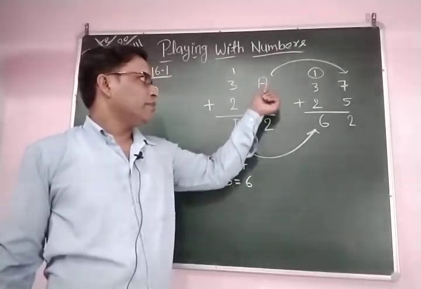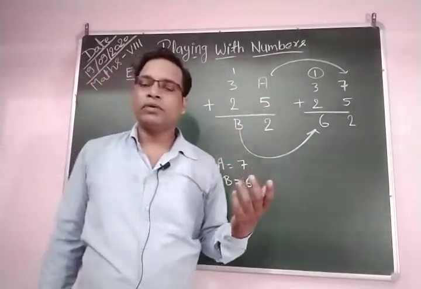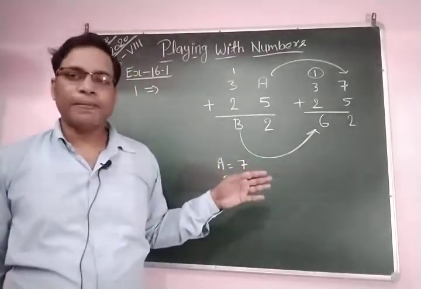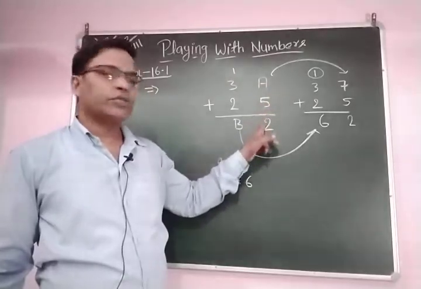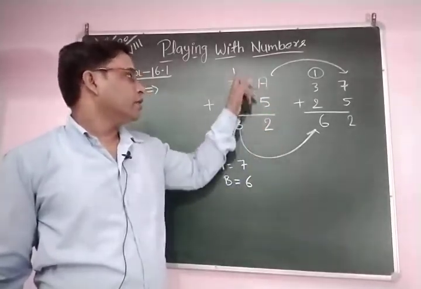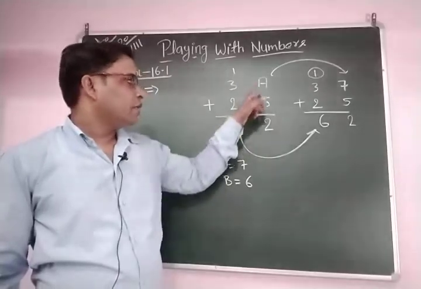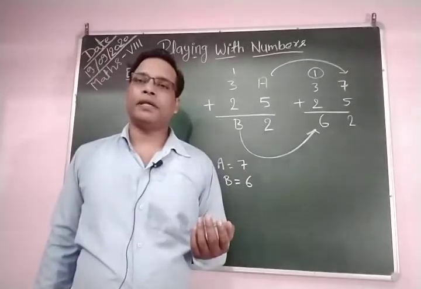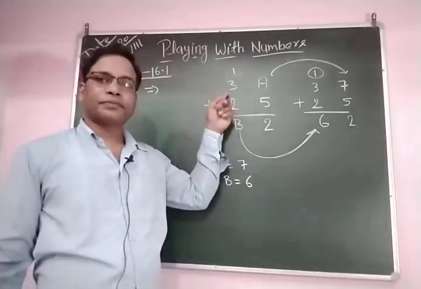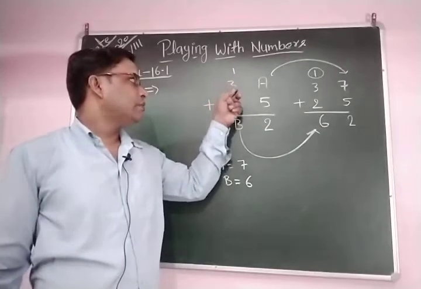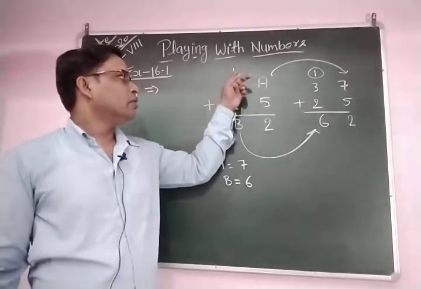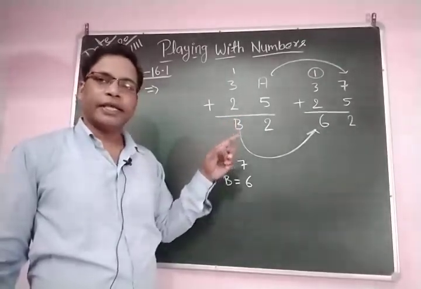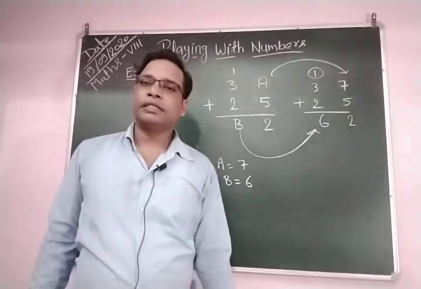So suppose a plus 5 is equal to 12. It means that the value of a is equal to 7. If you add 7 plus 5, this is equal to 12, and carry here 1. After this we find the value of a is 7. It means that 7 replaces a. And here you can see 3 plus 2 and plus 1, this is equal to 6. So in this place we write 6. It means that b is replaced by 6.